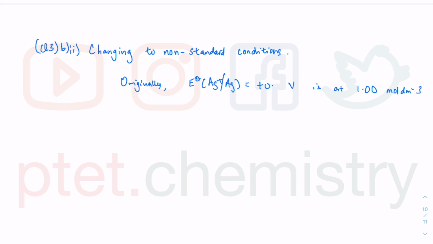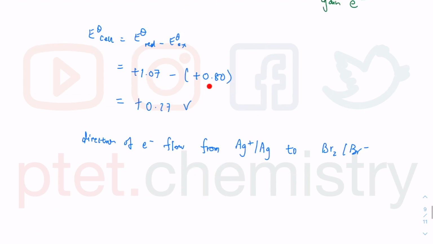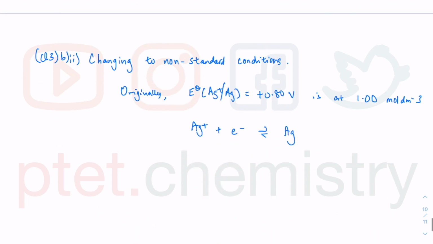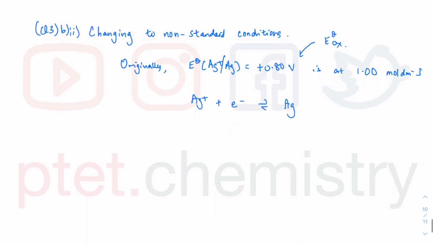Let me just improve the handwriting a little bit. This is for Ag+ plus electrons going to Ag, as shown in your data booklet. And we know that this was your E-ox just now. Okay, it's better if I explain first because it will make more sense. This is basically a qualitative explanation in terms of Le Chatelier's principle based on this equilibrium. So for the Ag+ plus electrons going to Ag equilibrium,